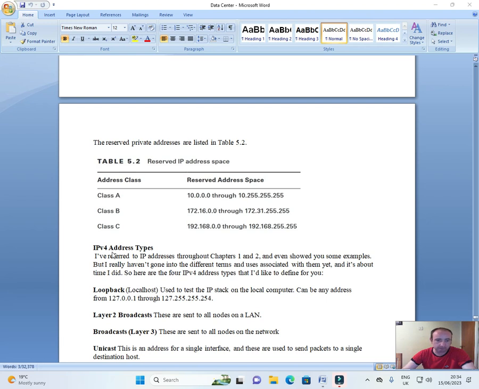192.168.255.255. IPv4 address types. I've referred to IP addresses through chapters 1 and 2 and even showed you some examples, but I really haven't gotten into the different terms and uses associated with them yet. It's about time I did. So here are the 4 IP address types that I'd like to define for you. Loopback, localhost, used to test the IP stack on the local computer, can be any address from 127.0.0.1 through